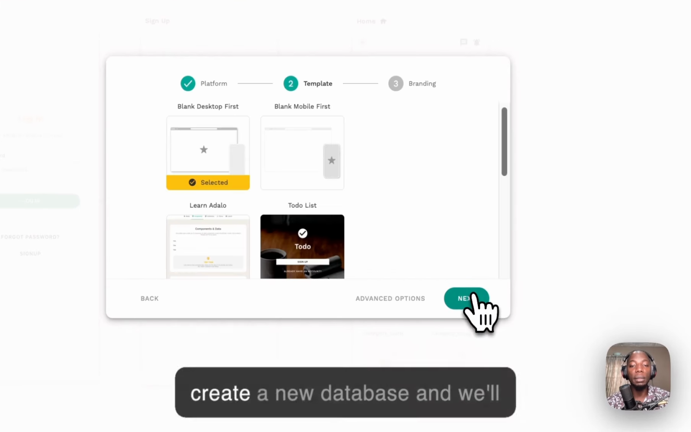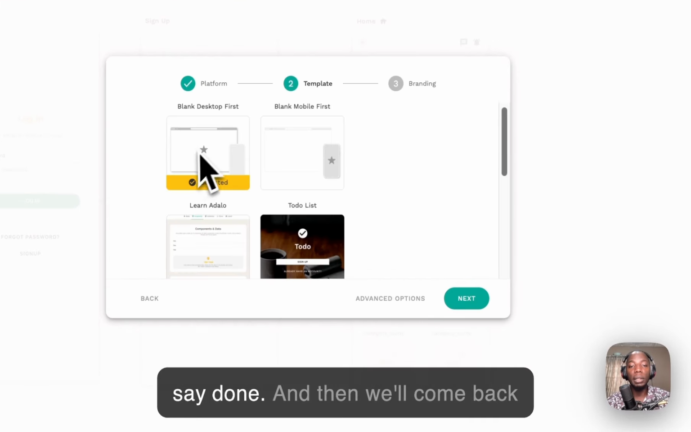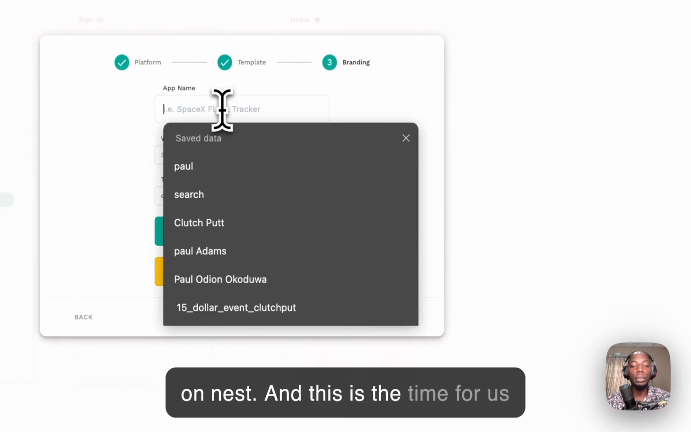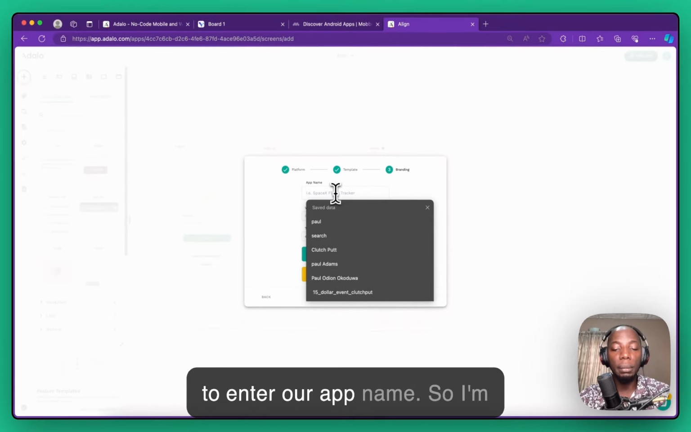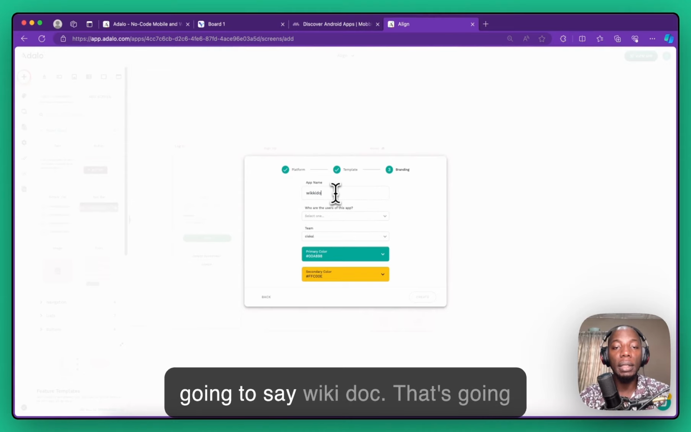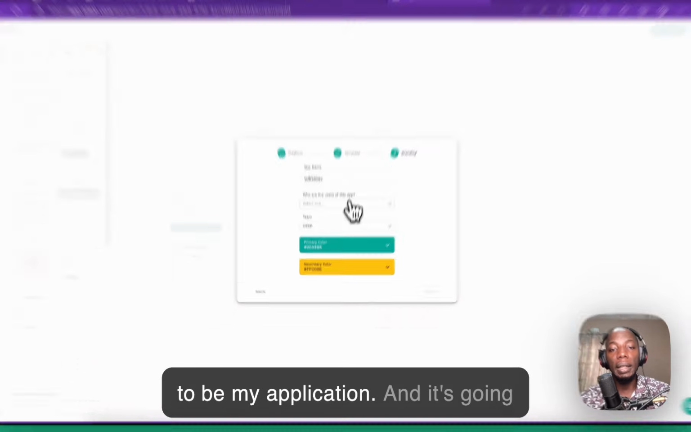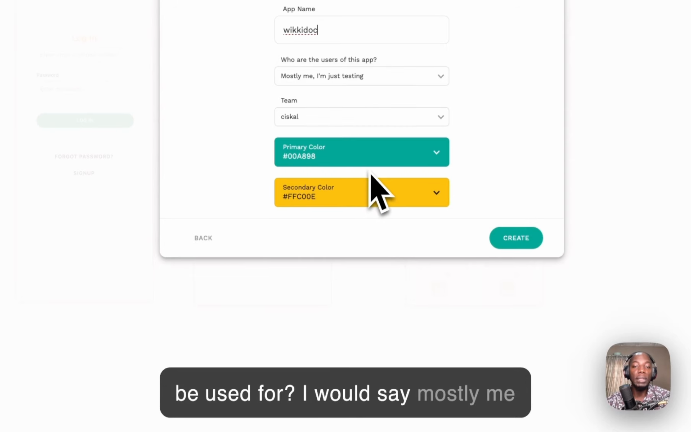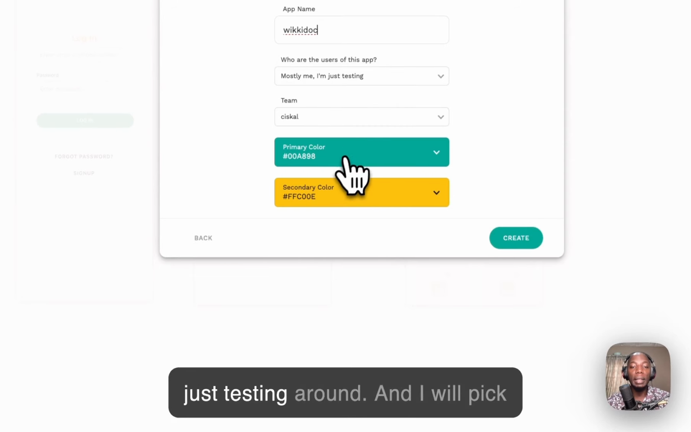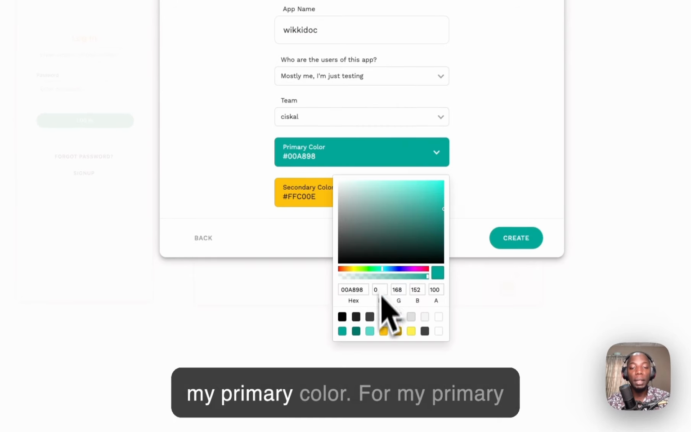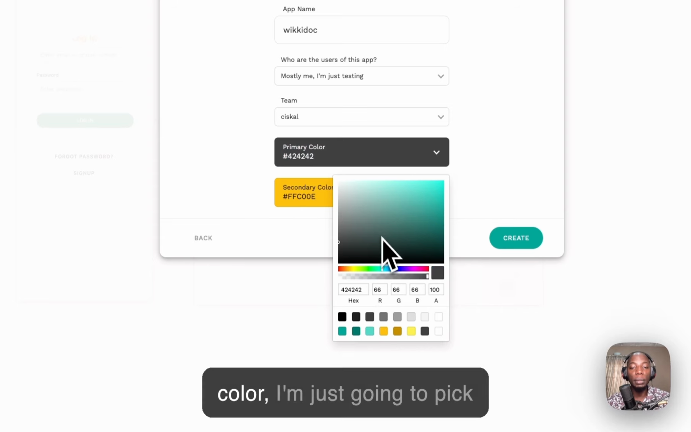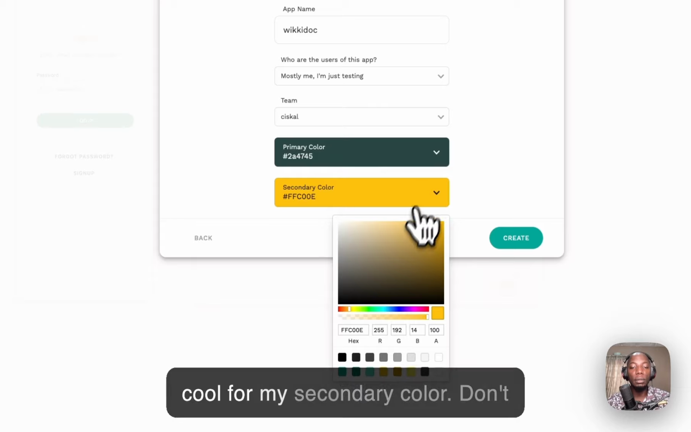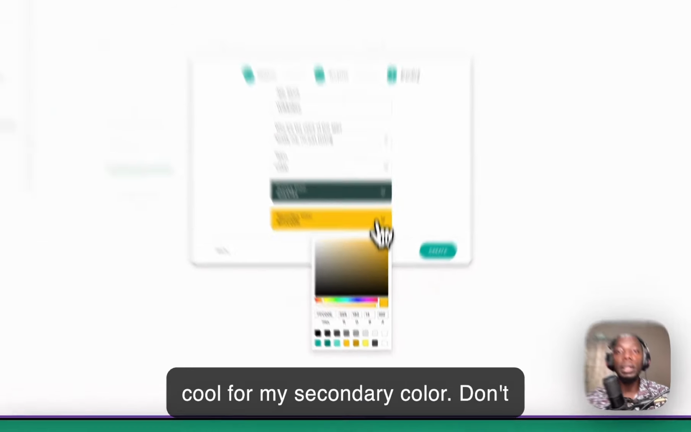So we'll go back, create a new database, and we'll say done, and then we'll come back here, we'll choose this already, we'll click on next, and this is the time for us to enter our app name. So I'm going to say wiki doc, that's going to be my application, and it's going to ask me what the app is going to be used for. I would say mostly me, just testing around, and I'll pick my primary color. For my primary color, I'm just going to pick something cool. For my secondary color, don't worry,